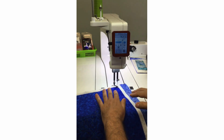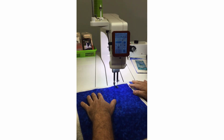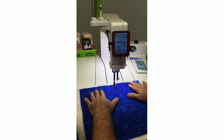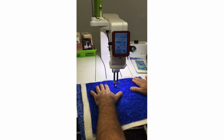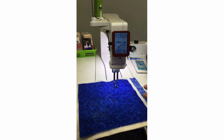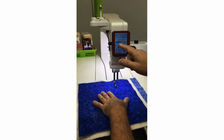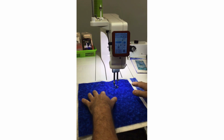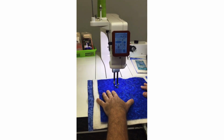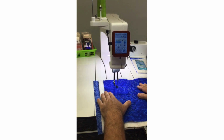But then we also have a manual mode. So then the motor is going to stay a consistent speed, and now it's up to us. Again, we're now the stitch regulator. So however fast and however slow you move your fabric to get in what we call the sweet spot. So you can adjust the motor speed as well, so if you're doing an all-over stippling and you want to go really, really fast, we ultimately have 2,200 stitches per minute, so you can really go to town. So the secret to free motion quilting, just like on your domestic machine, I find, is you have to up the motor speed of your machine, but